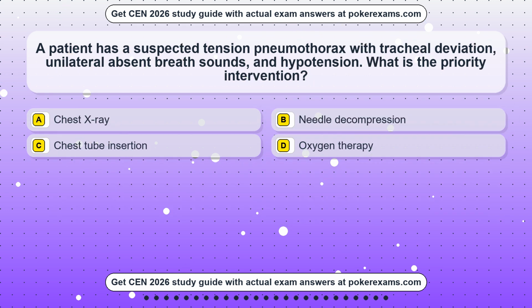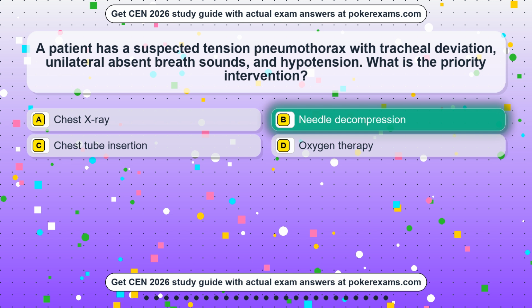Question 8. A patient has a suspected tension pneumothorax with tracheal deviation, unilateral absent breath sounds, and hypotension. What is the priority intervention? Option A, chest X-ray. Option B, needle decompression. Option C, chest tube insertion. Option D, oxygen therapy. The correct answer is option B,